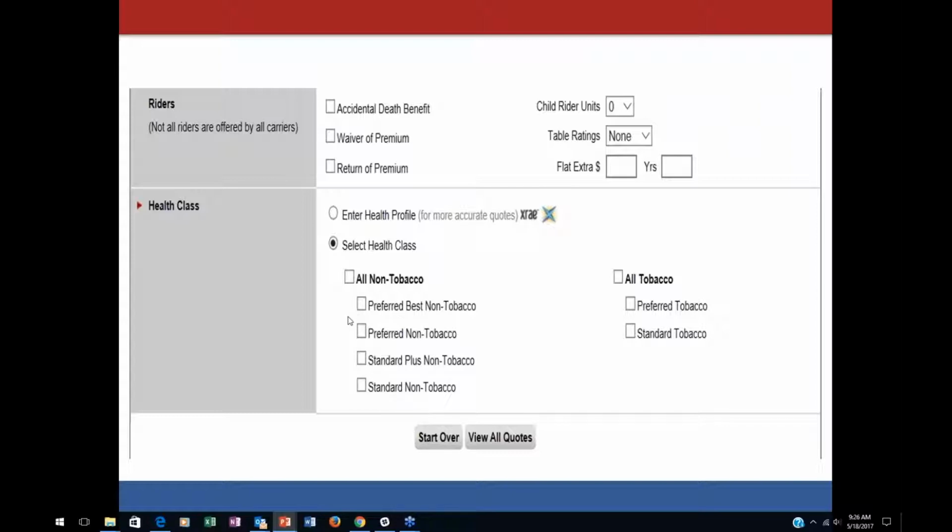No, we're not. We're going to look at the preferred non-tobacco. Again, I've tried to emphasize in the past, no matter what you hear from your client, no matter how well you think they may be health-wise, avoid ever quoting preferred best. If you're very strong on their feelings and you feel they will qualify better, use the preferred rating. Obviously, if they do get a better rating from the underwriter, the offer will be better with the preferred best,